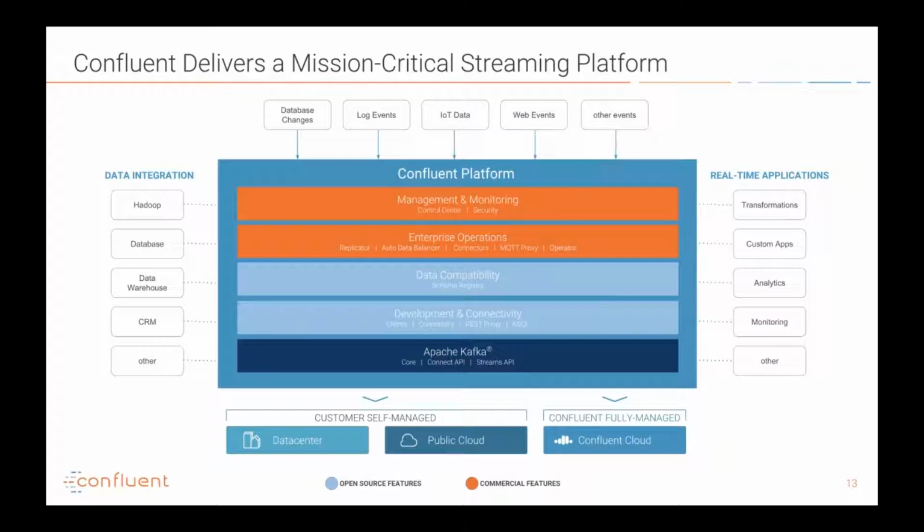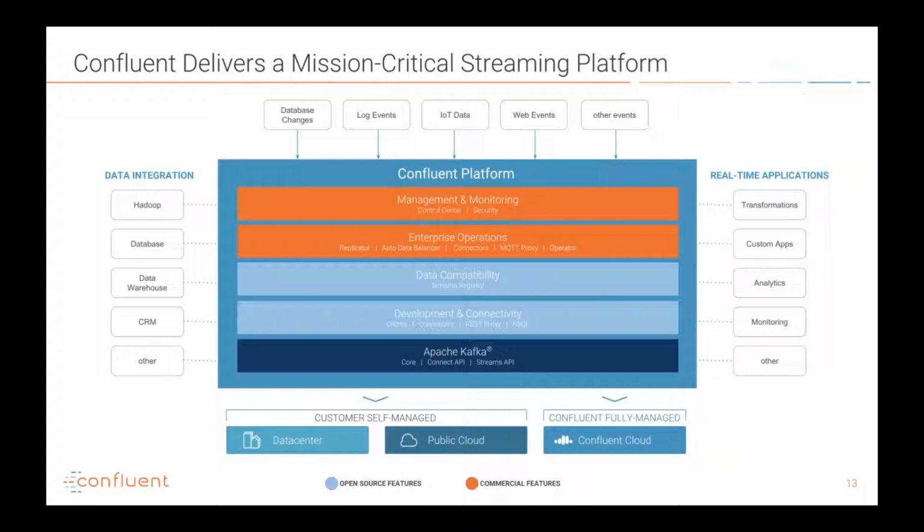And so on top of Kafka, we provide Confluent open source. This is Apache 2 licensed, just like Kafka, but it's owned by Confluent, not the Apache Foundation. In this, we have some incredibly valuable pieces. So we have a schema registry, which allows you to manage the type and format of data and topics. We have a REST proxy, which allows you to produce and consume data over HTTP. And we have KSQL, which I'll go into just after this. It's basically just an awesome way to do stream processing.